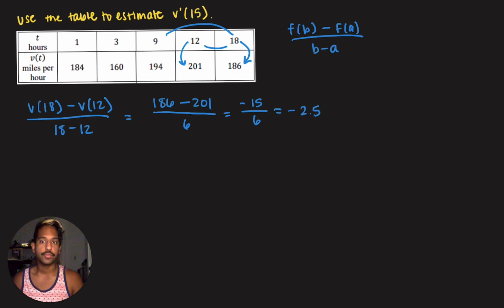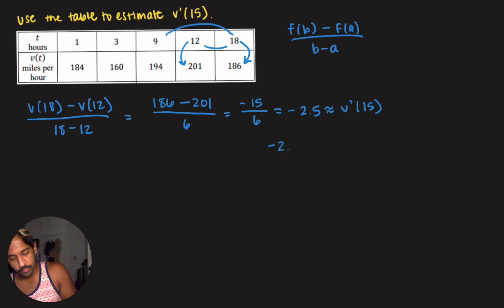However, we're not done with this question just yet. We also have to make sure that we include our units. And since we are estimating, we can say this is approximately v prime of 15. We're estimating the rate of change here, we're not estimating the value of v of 15. We're estimating the value of v prime of 15. This will be negative 2.5 miles per hour